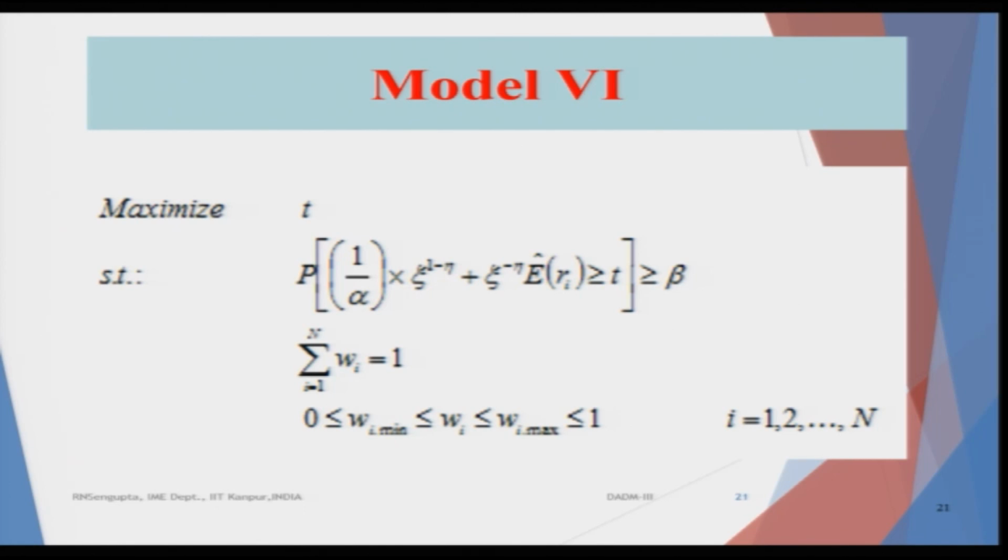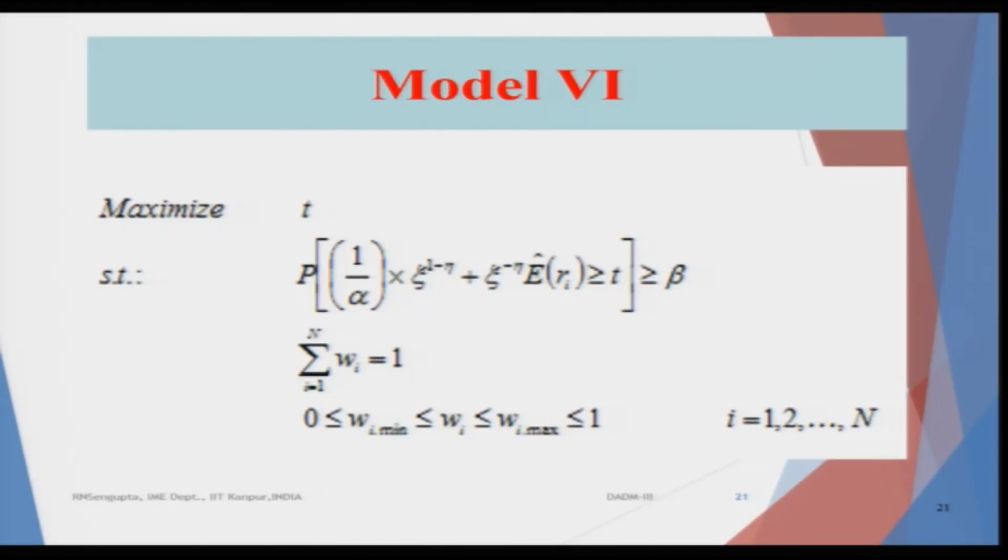Okay, in the last model, which was model number 5, I minimized t, that means I am trying to push it as far as possible to the left, as I have drawn in the number line. So, in this case I am trying to basically maximize t, and the maximization of t happens because I want some probability based on the fact that the return of the EVDs or the portfolio considering the extreme value distributions is true for each and every stock.